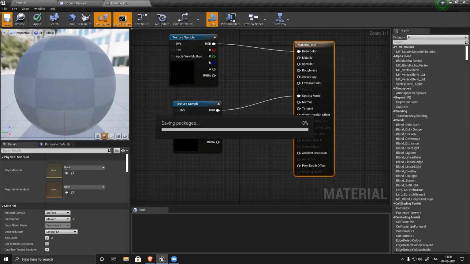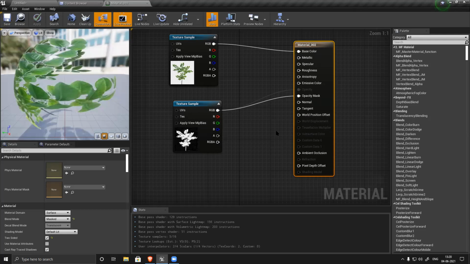Opacity means gradient transparency, and mask means solid black and white transparency. That is the main difference. Where would that be used, sir? Suppose you have a surface which is translucent, which is not transparent. It's semi-transparent, like glass and other stuff where you have translucency. For those surfaces we'll use opacity, and where you have solid transparency we will add opacity mask. I see, sir.